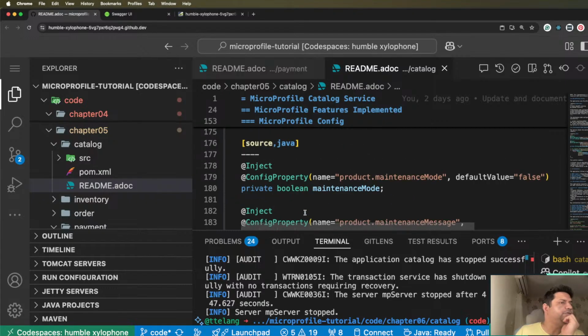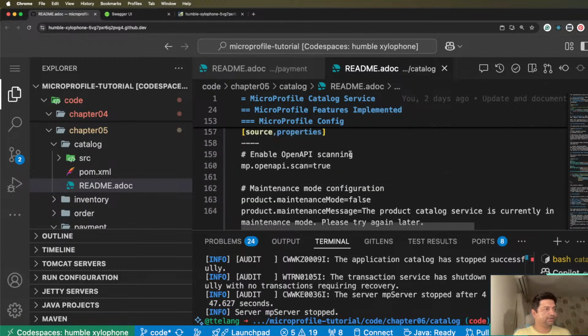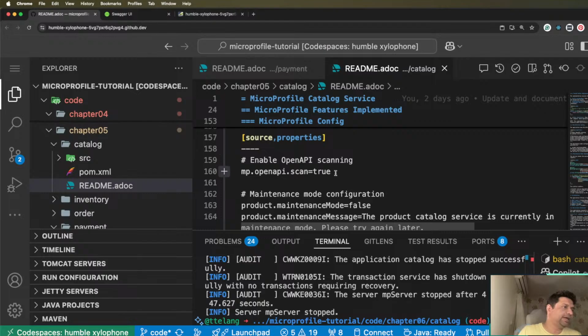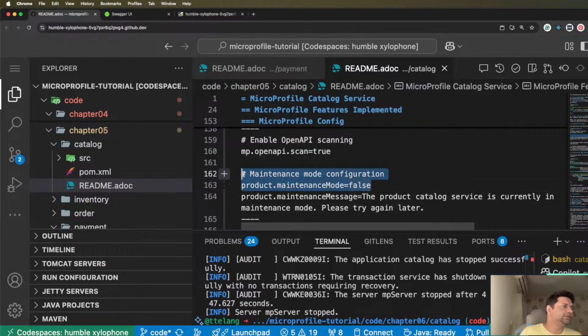The configuration is used in multiple places. For example, we have maintenance mode equal to true. That is a configuration which we put in the microprofile-config.properties file. An OpenAPI scan, this particular configuration is also leveraged by OpenAPI. This directs the server to scan for the OpenAPI documentation. Right? This is about the maintenance